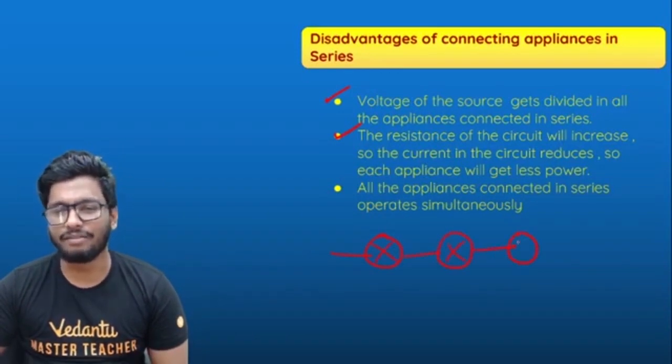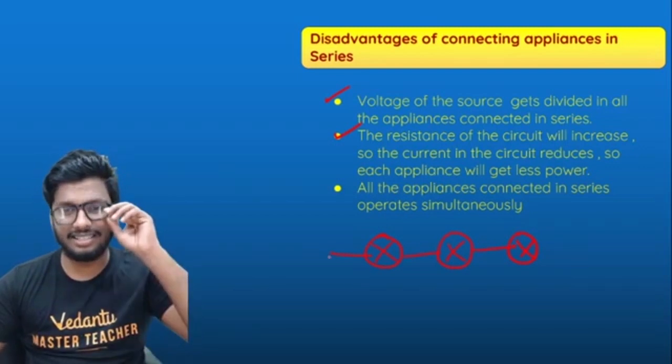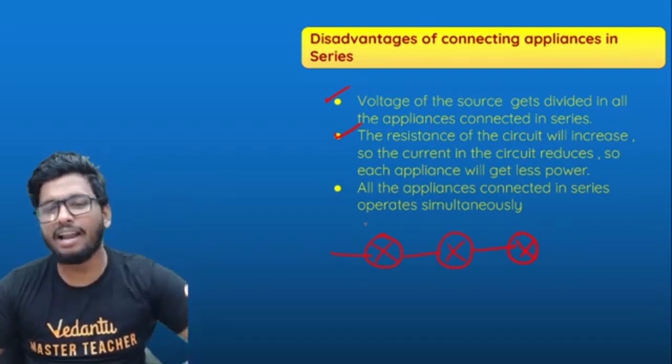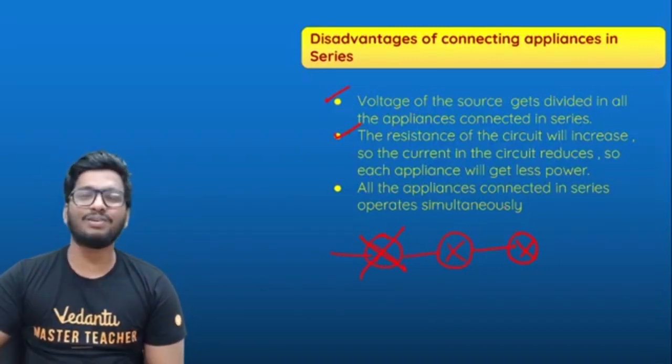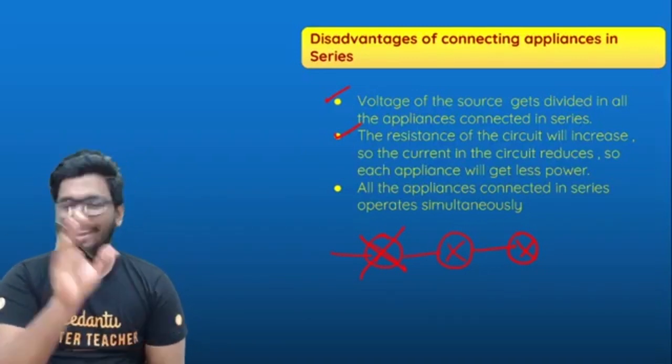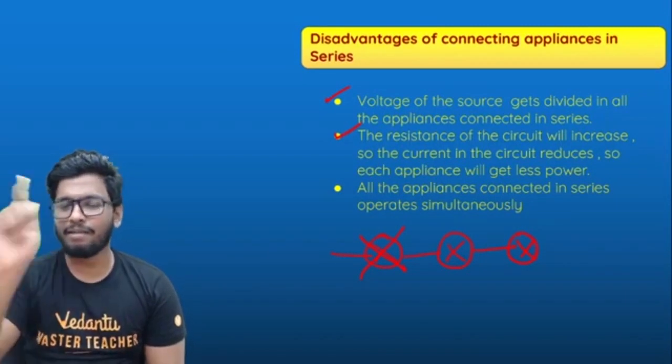There are three bulbs connected one after the other, and they're all in series connection. Obviously, they are in series connection. Even if one bulb stops working, let's say this got fused out, then all the others would stop working. That means if your bulb fuses out, if everything was in series connection, even if your bulb got fused out,